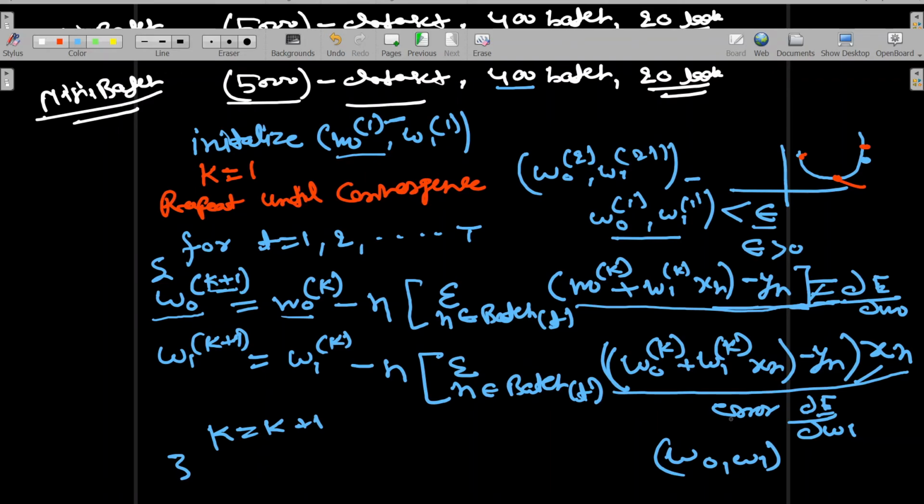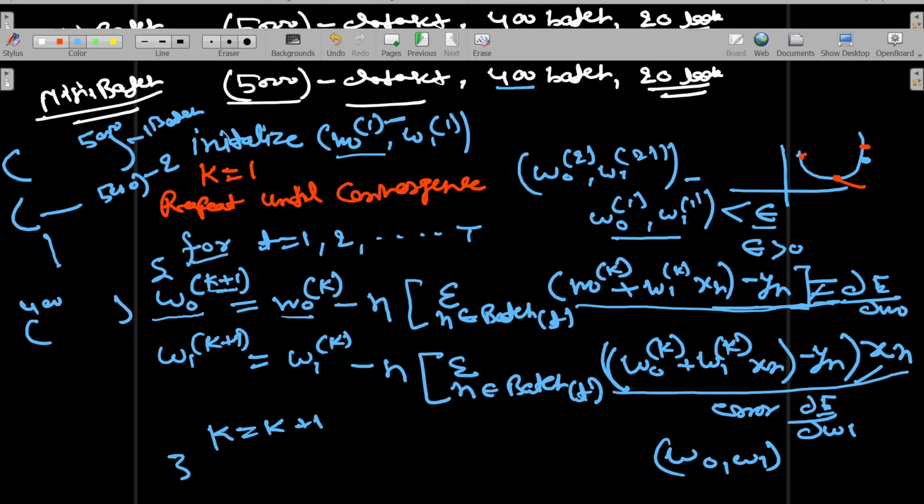But what is the difference actually here? Let's see what we are doing. We have taken one batch of 5000 data points, the first batch, then a second batch of 5000 data points. Similarly we have 400 batches of 5000. So repeat this activity. You can see we are looping here from the first batch to t, so that is 400 batches, and we calculate w0 and take the eta step in the negative direction of its gradient.